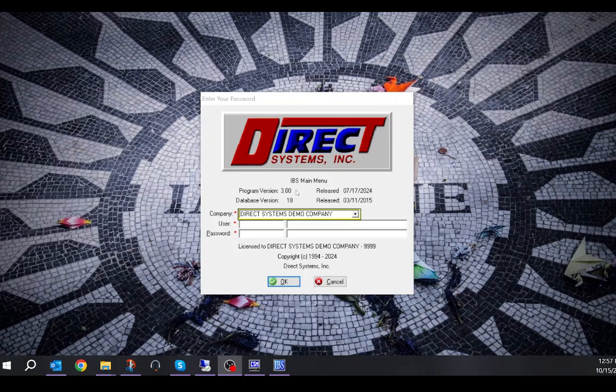And the main differences are when you go to log in to Direct Systems, you will now need to enter your username as well as your password. Currently, you're only going to be entering your password, and then when you tab through, you'll see your username, but you don't have to enter that at the moment. So this is going to be a big change. But then once you're in the software